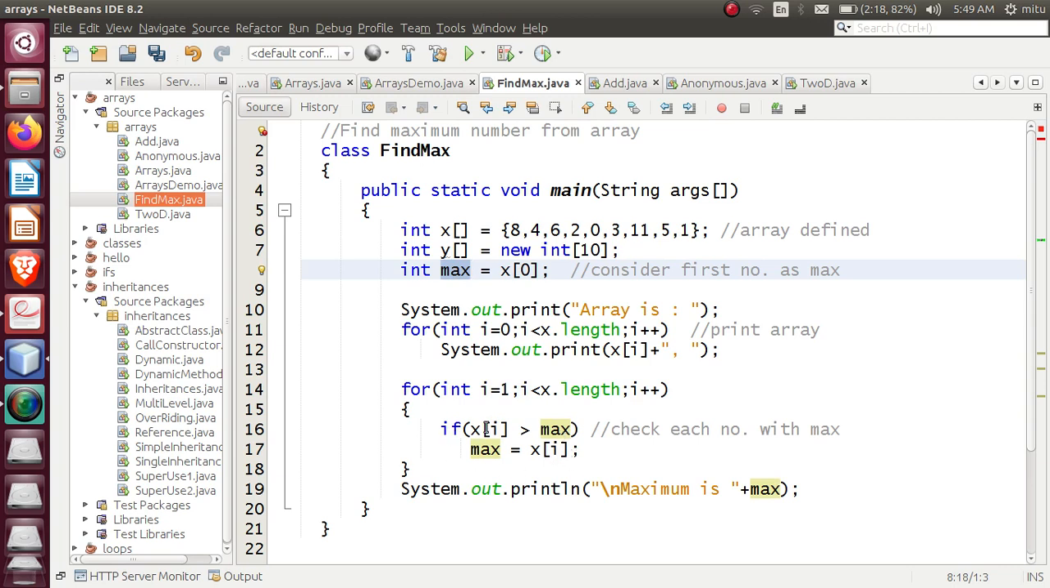It is not true, so this condition will not be true. Max will be unchanged. We will go for the next element, that is 6. So 6 will be compared with the max, that is 8. Here also the condition is false. Then 2 is checked, then 0 is checked, then 3 is checked, and when it comes to 11,